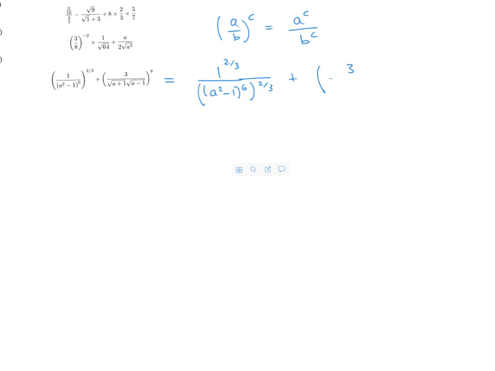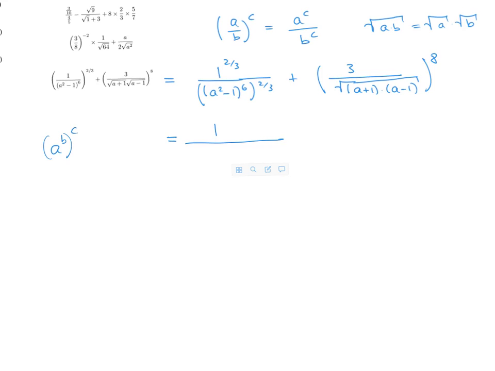So we can write this as 3 divided by, first of all, we can put this in one bracket here: A plus 1 times A minus 1 to the power of A. This is because of the rule that the root of A times B is the same as the root of A times the root of B. Then this is equal to 1, because 1 to the power of something is always 1, divided by, now I apply the rule, maybe you remember this, A to the power of B to the power of C is the same as A to the power of B times C. So the exponents just multiply, which means that this exponent just multiplies with the outer exponent, plus,